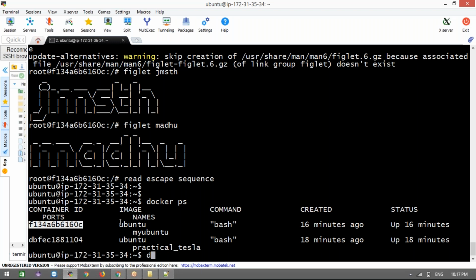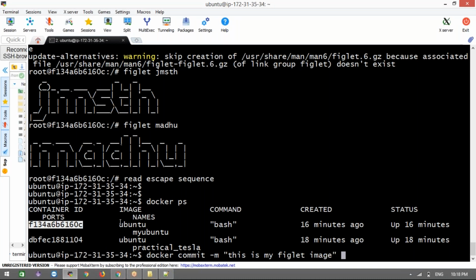Now what am I going to do? Now tell me, in Git what will we do? We make some modification in the code and all. What will we do? We commit, right? Committing means it's ready to push the new code, right? Like that, here in Docker also we have Docker commit. Docker commit, same as Git commit, don't confuse, okay? And here I'm going to give a message: this is my figlet image.